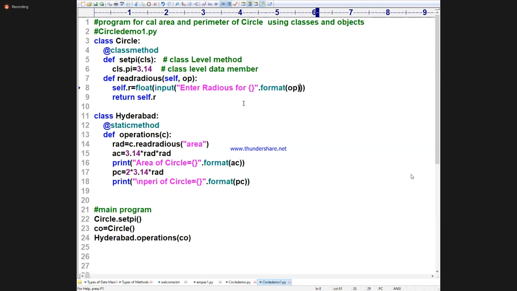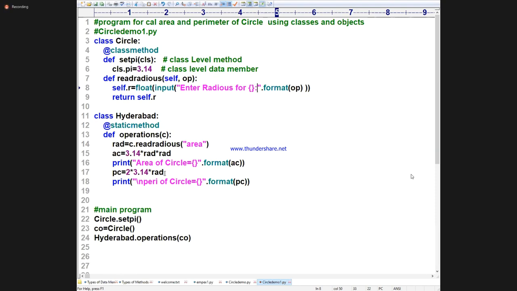Here I am getting OP in this place. OP means what? Radius. One parameter I am passing after self, OP. What is that OP? Area. Enter radius for OP is nothing but our area. Enter radius for area. You will get it.